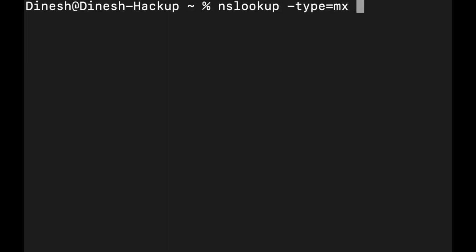That is the mail exchange server. Each and every domain needs a mail exchange server to send and receive mail. For validating the mail server, we can use this simple command in the command prompt: nslookup followed by hyphen type equal to mx followed by tn.gov.in, enter.